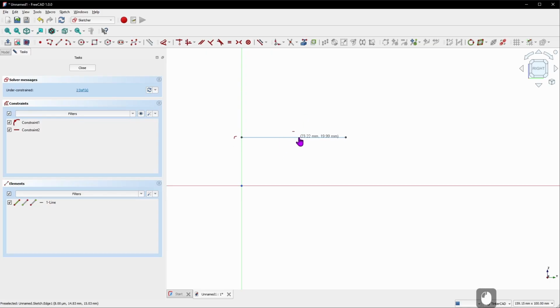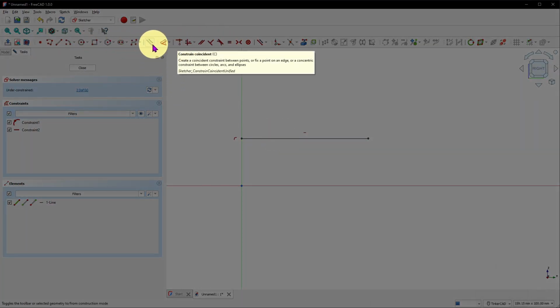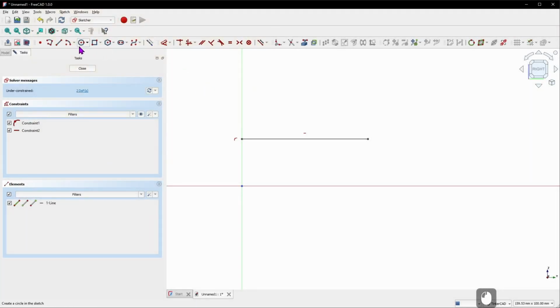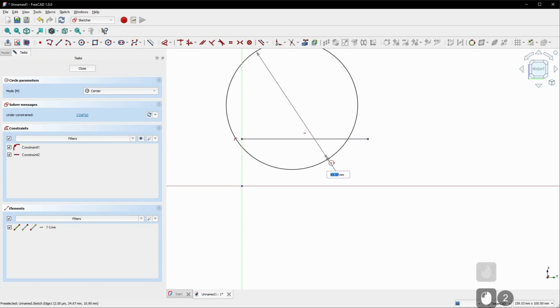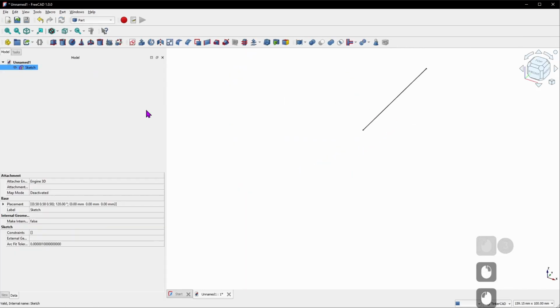One is regular geometry, which is what we're looking at now, and one is construction geometry. So if I come up here, right in between all the elements and the constraints, there's this thing that says toggle construction geometry. I'm going to do that now. I'm going to create a circle and just drop it on my sketch and close the sketch. And when I do that, you'll notice that I have my line